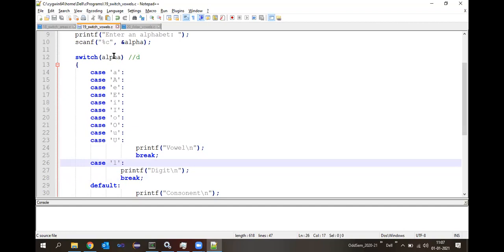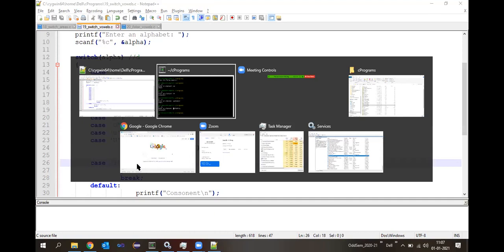Because then I am entering a character here, right? The digit 1 internally will be considered as a character itself, and that character value will match with the character value of this 1 here. Since I have placed it within single quotes, this is no more an integer value, it is a character value.